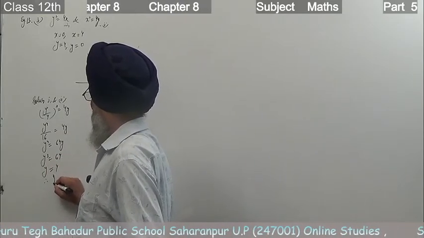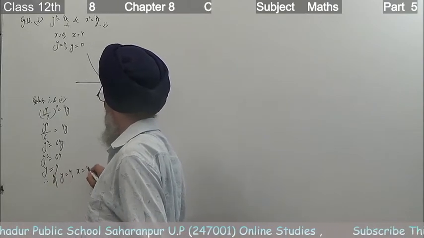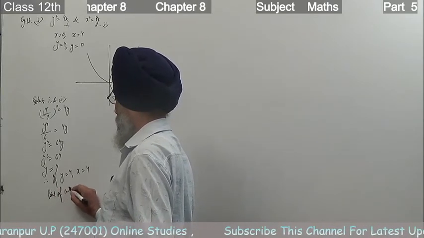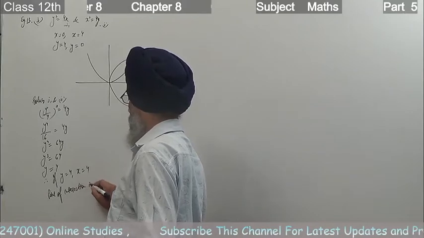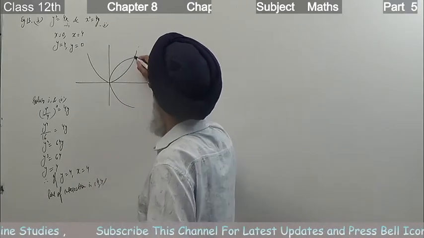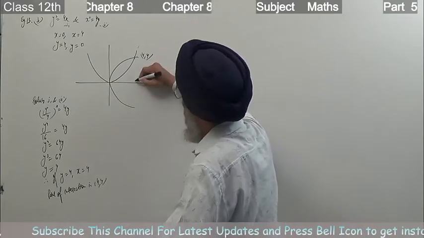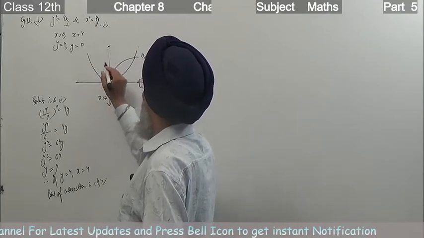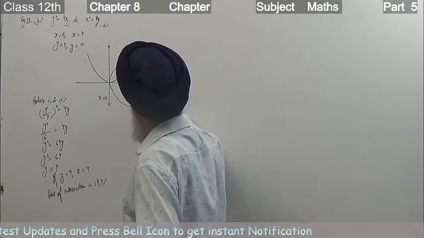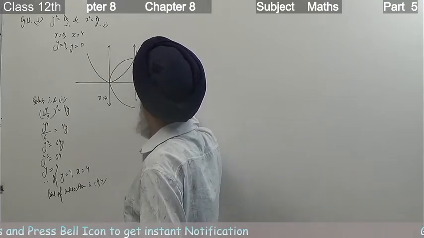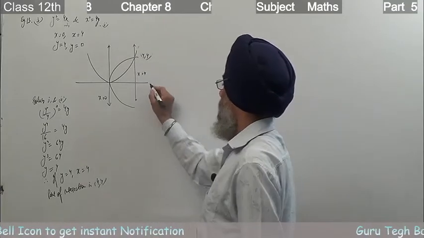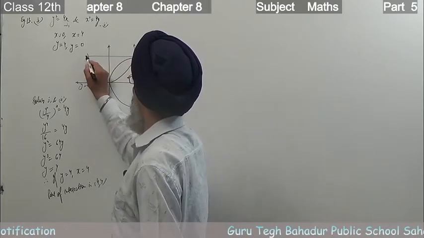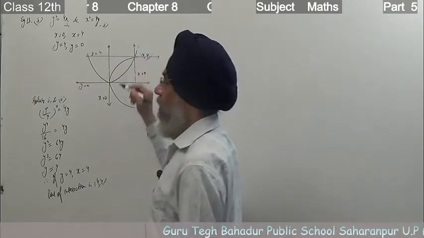Therefore, if y is equal to 4, x is equal to 4. So, the point of intersection is 4, 4. The point of intersection of these two curves is 4, 4. That is this one. Here, we have x is equal to 0, that is the y-axis. X is equal to 4 is this line, parallel to the y-axis. Then y is equal to 0 is the x-axis, and y is equal to 4. So, it forms a square.